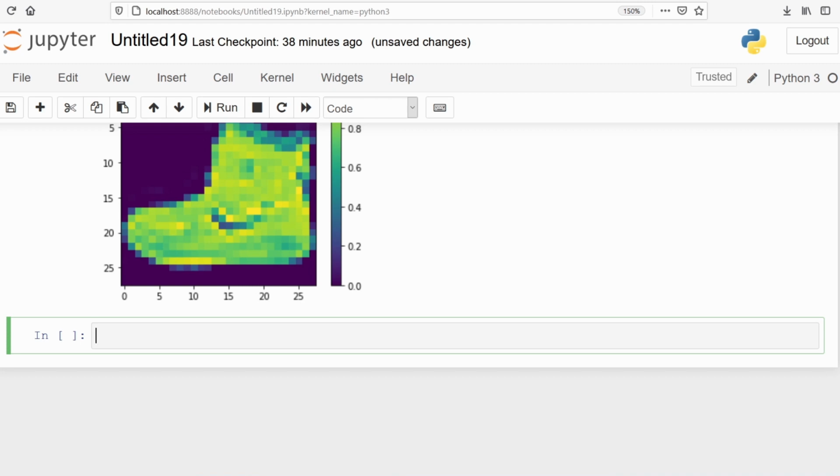Now we are going to start with the model building. The basic building block of any neural network is the neural network layer. We will define some layers which will feed information into hidden layers, and then it will start training the model. For that, we are going to import sequential and dense layers from Keras. Let's go and import them.